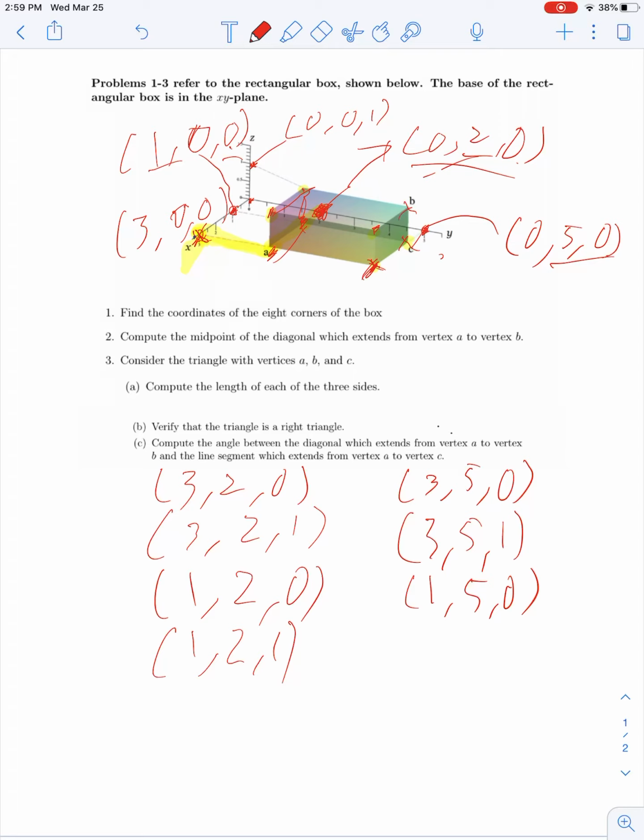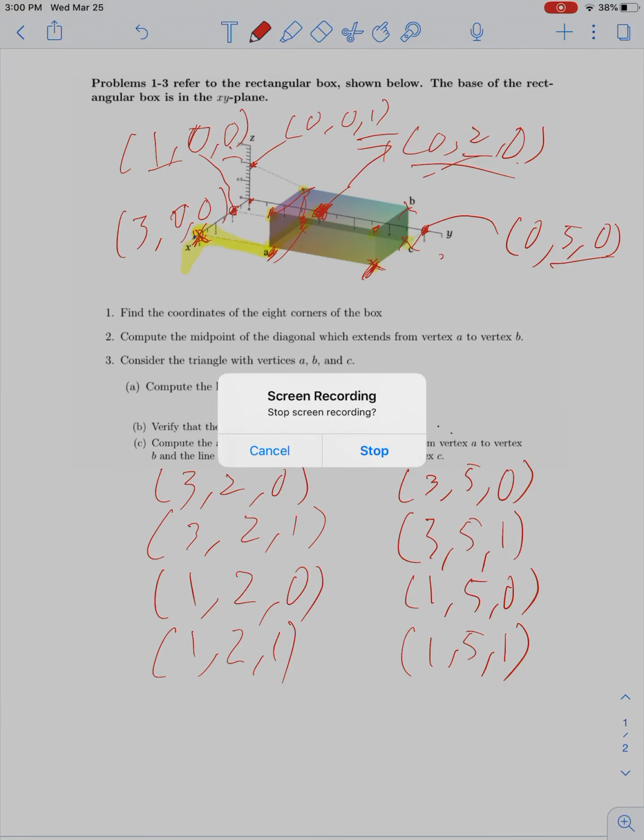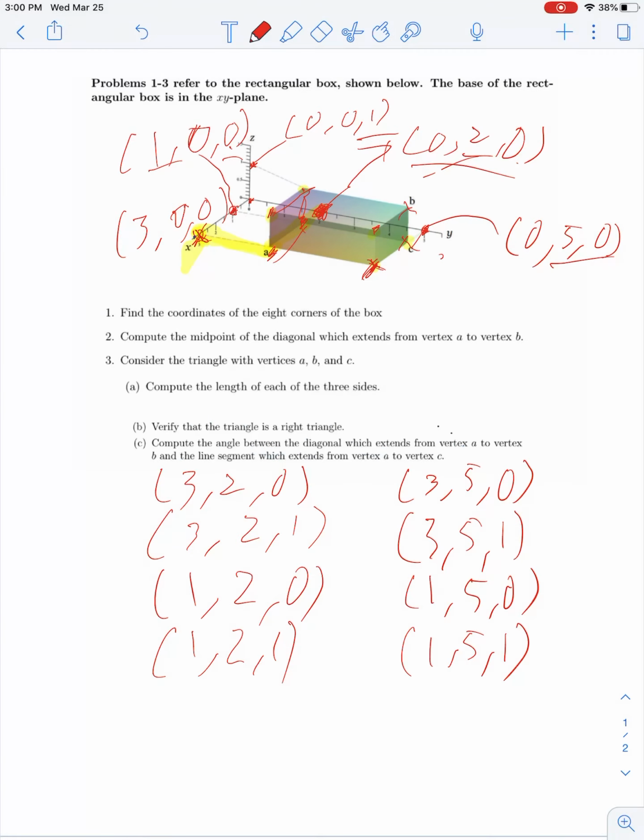And then jumping up to B is going to be the same basic idea here, except we're going to have 1 as its z coordinate. So we get 1, 5, 1. Cool. Pretty natural generalization of your normal x, y